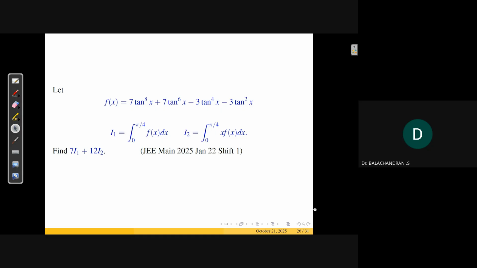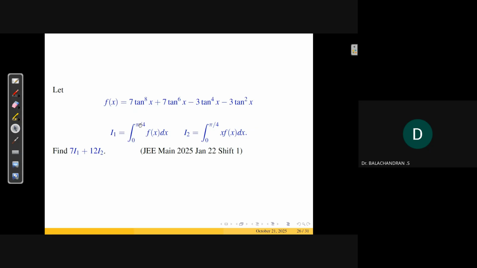So we will discuss now how to solve this problem. This is in integral calculus. What is f of x? It is given here: 7 tan power 8x plus 7 tan power 6x minus 3 tan power 4x minus 3 tan square x. This is given as f of x, and